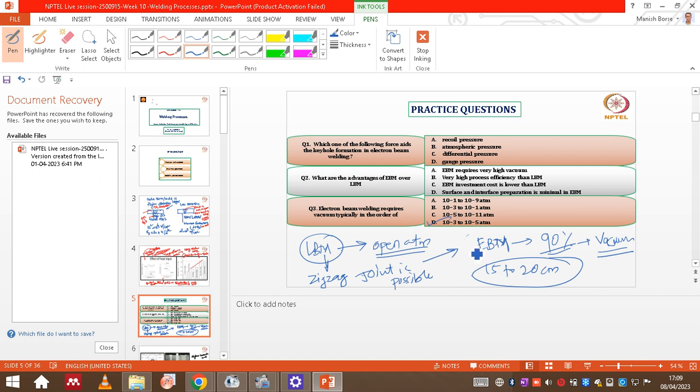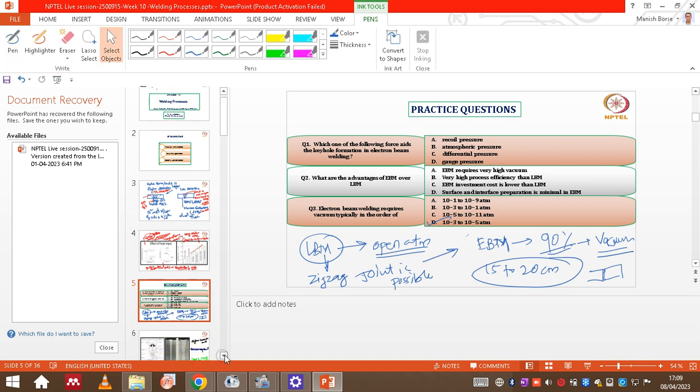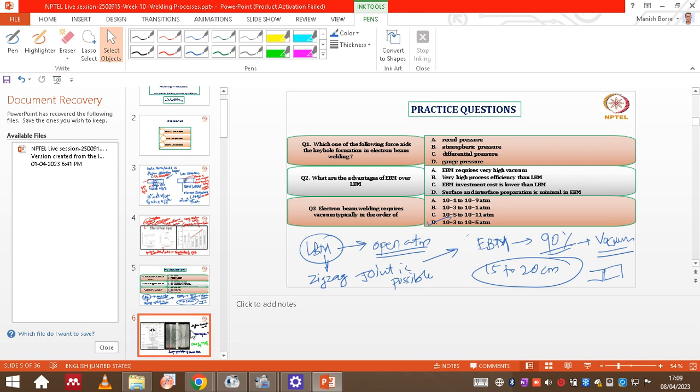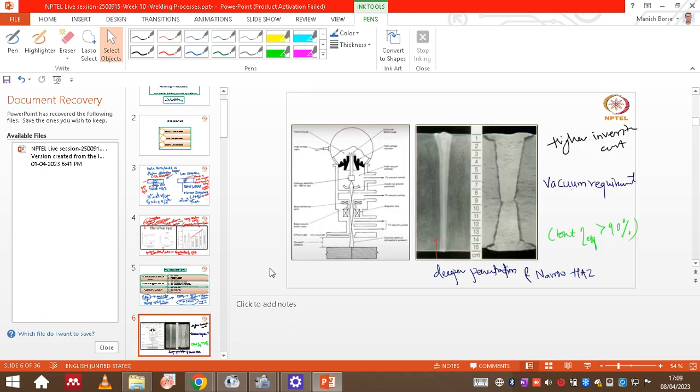That is actually the main advantage. Also, as we have seen, proper edge preparation is essential for this process in the case of electron beam welding, right? And the other characteristics, like keyhole formation and all the other things, are the same as laser beam welding. Okay. So just to remember quickly that